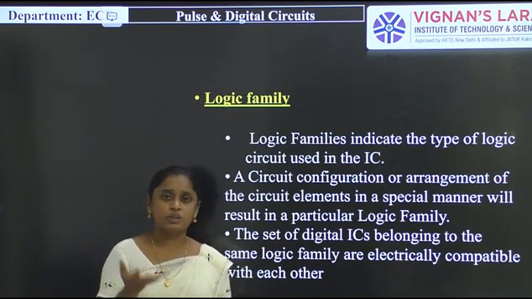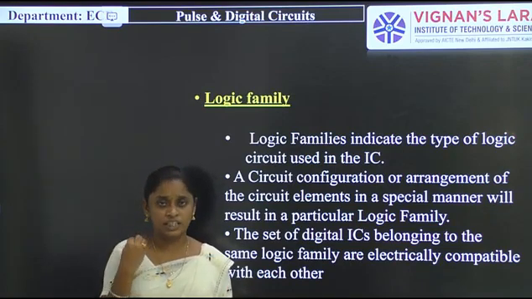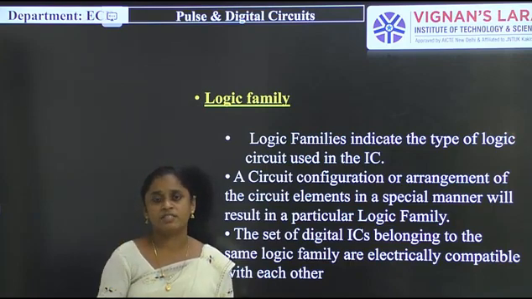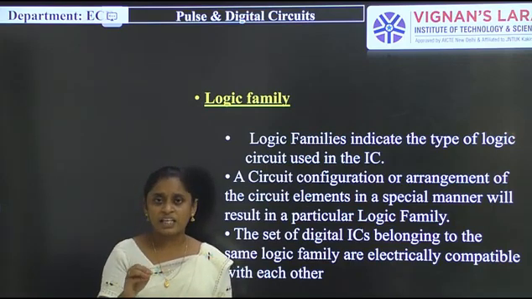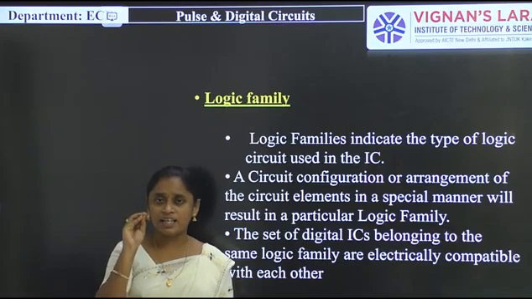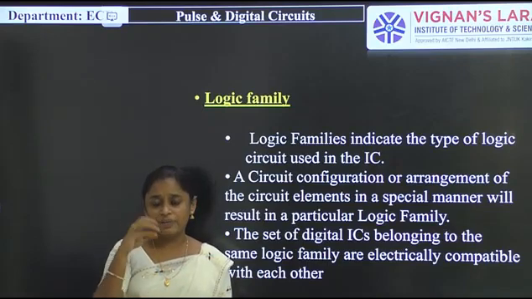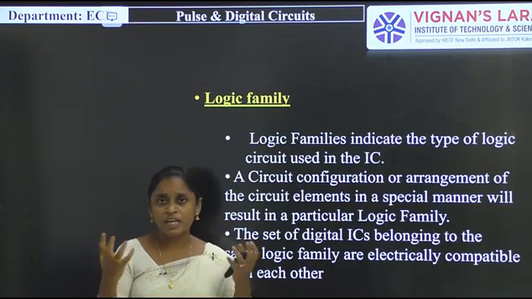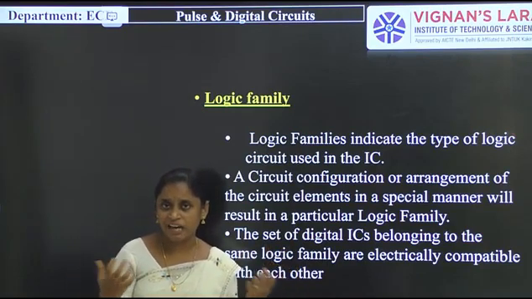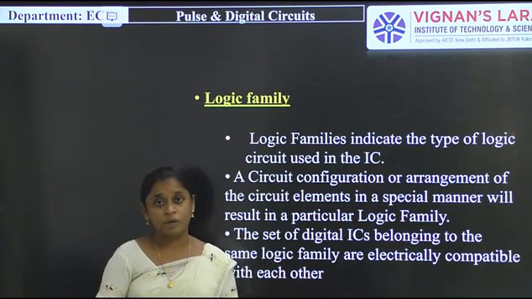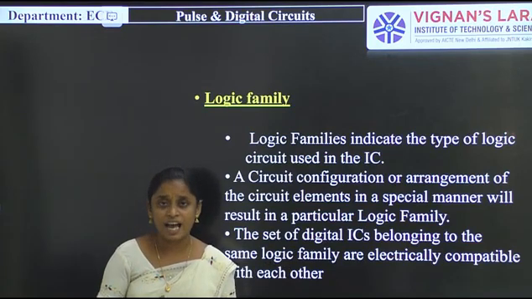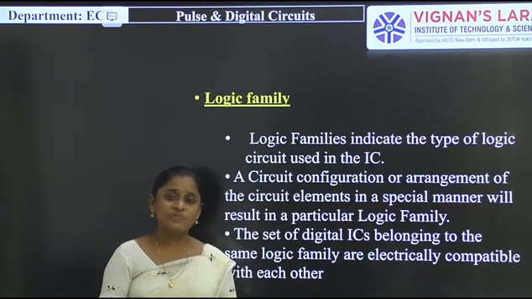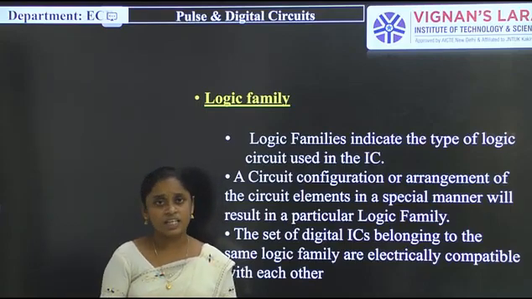In a digital circuit, logic gates are very important, as they are the basic building blocks of any digital circuit. So in any logic gate or circuit, we have to connect in a different manner. In a logic family we have to connect in a different manner, so that is a very important task here. Each logic family has its own designing style, and one logic family's designing style is different from another's.